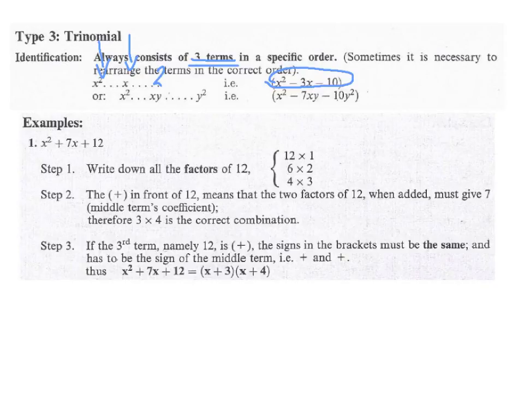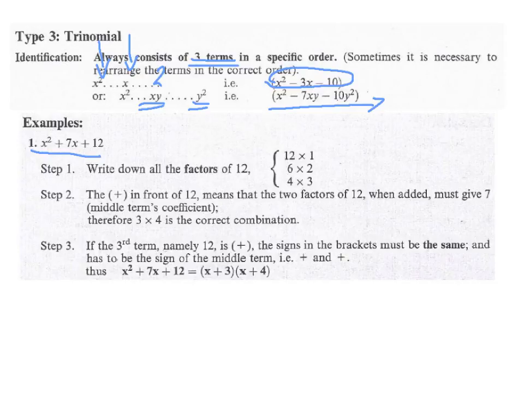Or it can be x squared, and the first term is xy, which will mean the last term will have a y squared. This then is a trinomial. Three terms, x squared minus 7x minus 10y squared. So when we want to factorize it, we look here and we go, okay, three terms, we're going to factorize